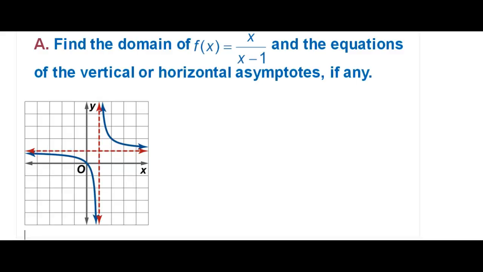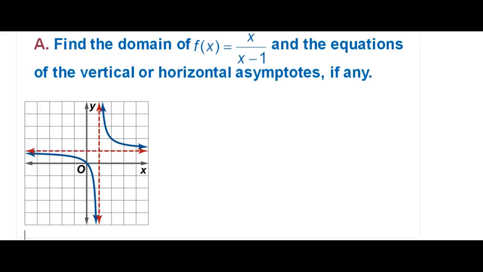Hi, and welcome to the first lesson on section 2.5, which talks about rational functions. In this lesson, we're going to learn how to identify asymptotes of a function. And as you can see, we're looking at the function f of x equals x over x minus 1, which